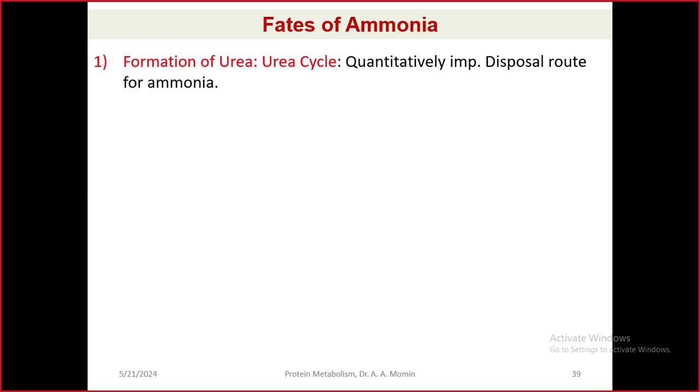The fates of ammonia: what we have been seeing are the sources of ammonia. Now ammonia is formed from various sources. What is the fate? What happens to that ammonia once it is formed in the body? The principal quantitatively important route for the detoxification of ammonia is the formation of the non-toxic substance urea. And that non-toxic substance urea from ammonia is formed in the cycle called the urea cycle, or it is also called